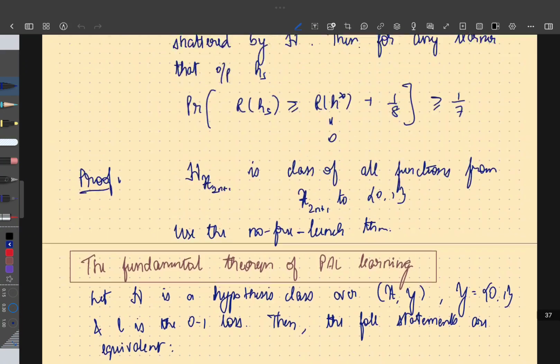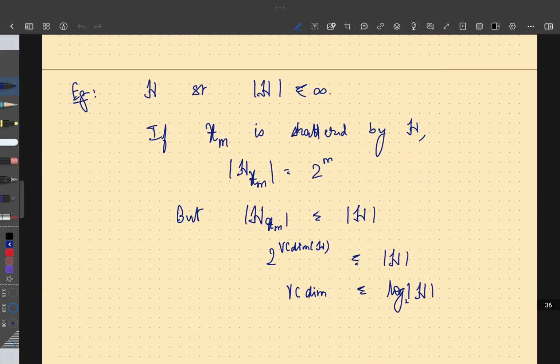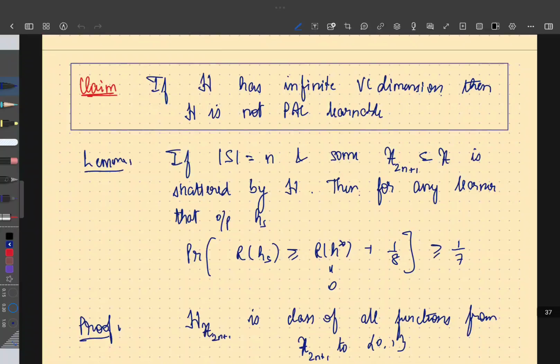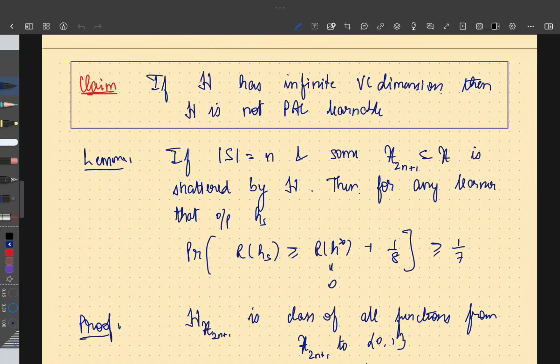Okay, so let's do a quick recap of what we saw in the last class. In the last class, we discussed this notion of the VC dimension and saw a bunch of examples for a few toy hypothesis classes. We computed the VC dimension, right? And towards the end, we showed that if a hypothesis class has infinite VC dimension, then it is not PAC learnable. And in fact,